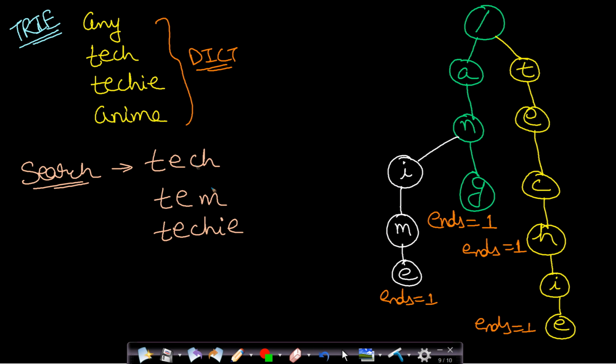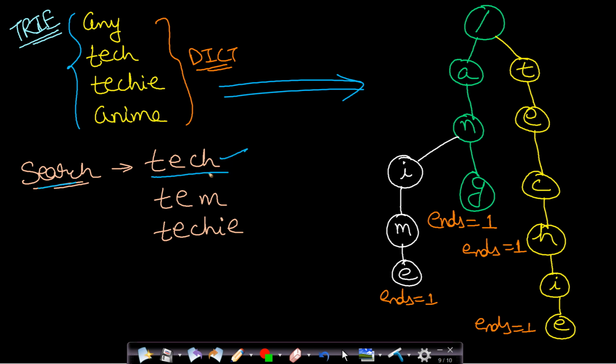Now a better technique is by using a trie. In this case, you are given a dictionary of words, and then you will insert this entire dictionary into your trie first. If you have any confusion in trie, then I have already made videos on the basics of trie. I will put the link in the description below, you can check them out. Now after inserting all the words in the dictionary in this trie, we can use this searching technique.